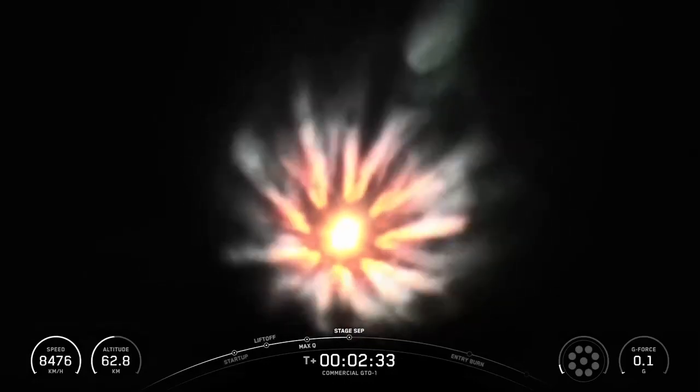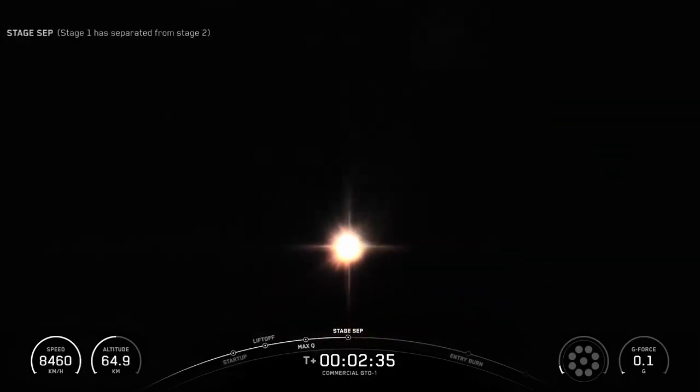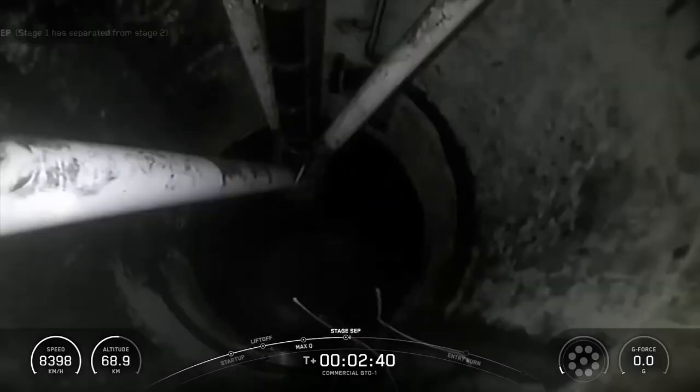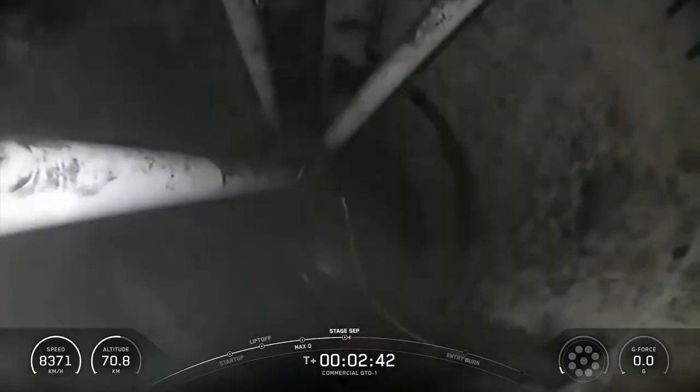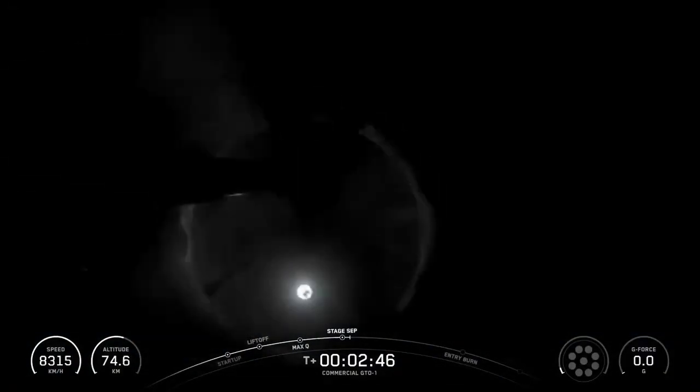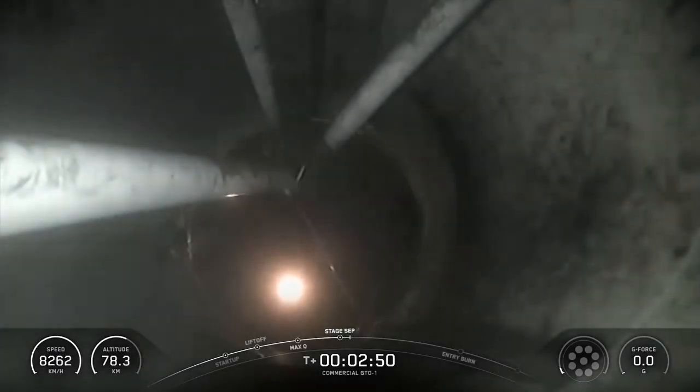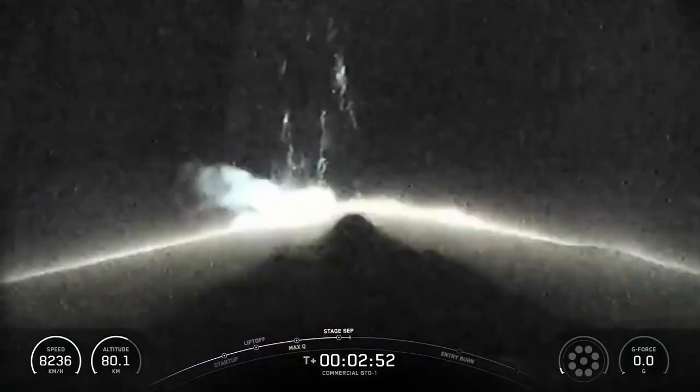MECO. As you just heard, we've just passed through many events. Stage separation confirmed. Excellent call-outs coming in here from the nets. AMVAC ignition. And good call-outs there. Now coming up in just a few moments, we should be hearing a call-out for fairing